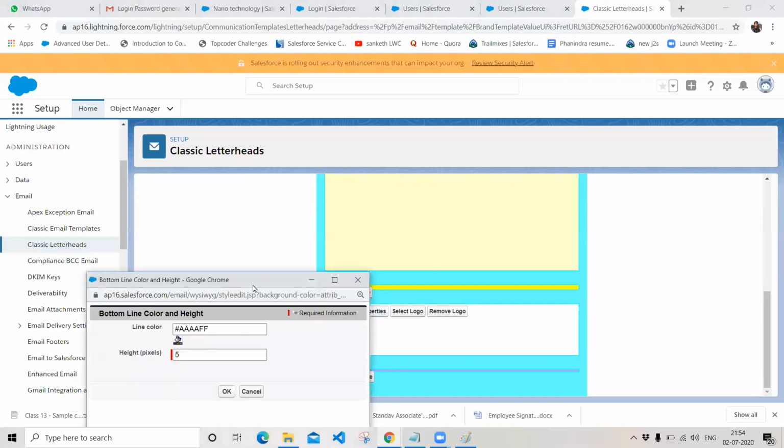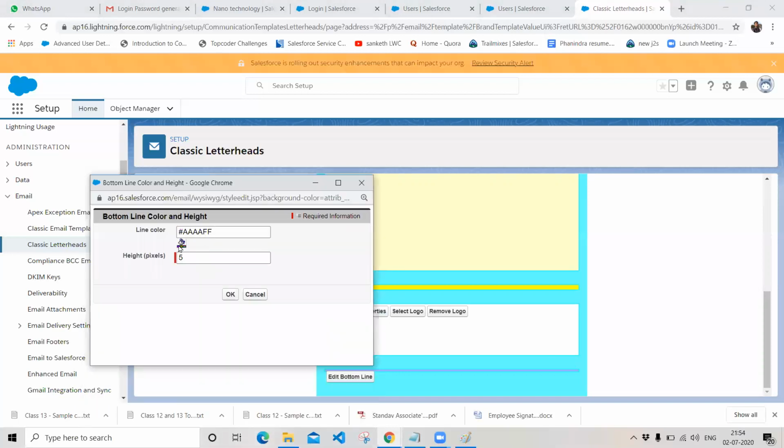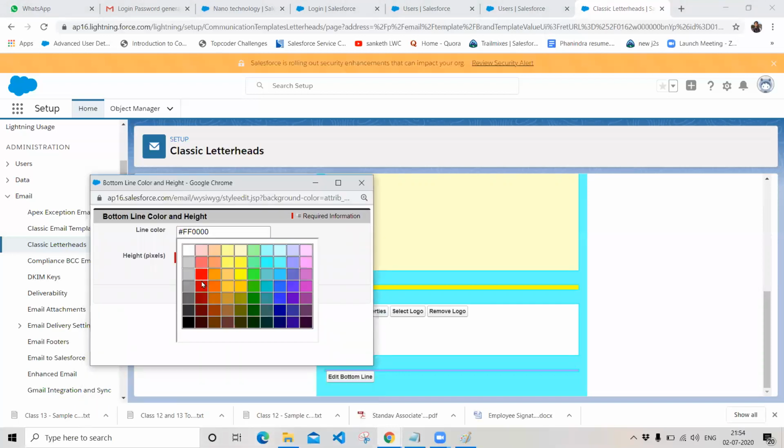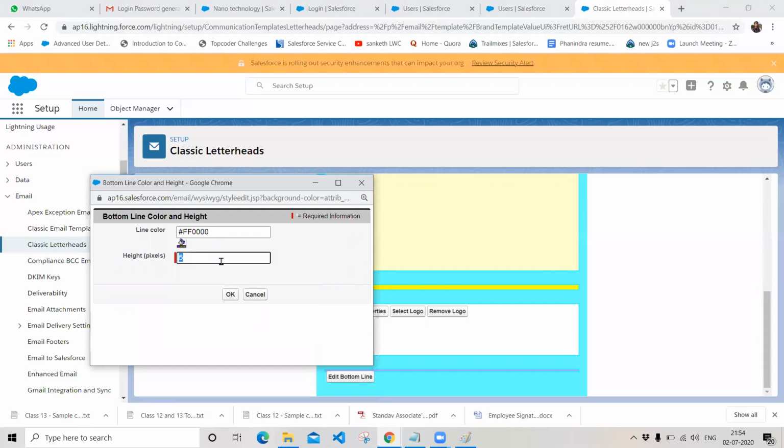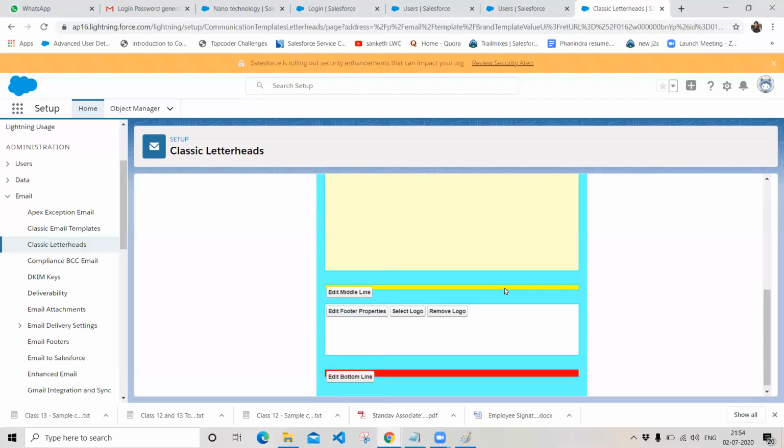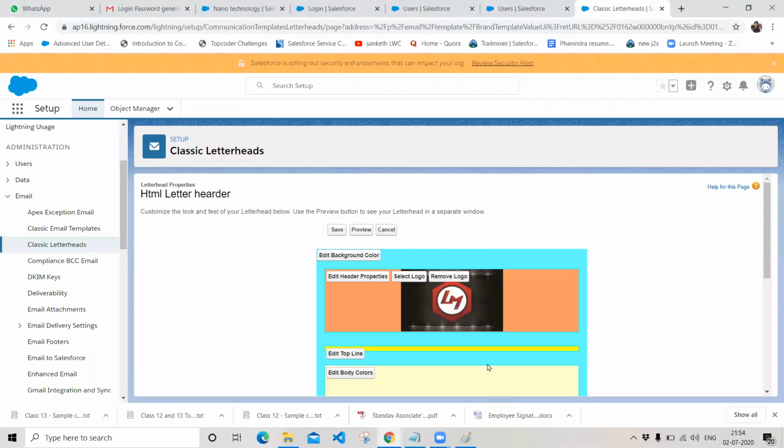If you do want to define your bottom line, you can also define the color and pixel length, and I want to give 15 pixels here and click on OK. So you can see the difference in how it is generated for 10 pixels and 15 pixels. And this is with respect to our classic letterhead creation, the HTML letterhead creation, and click on save.